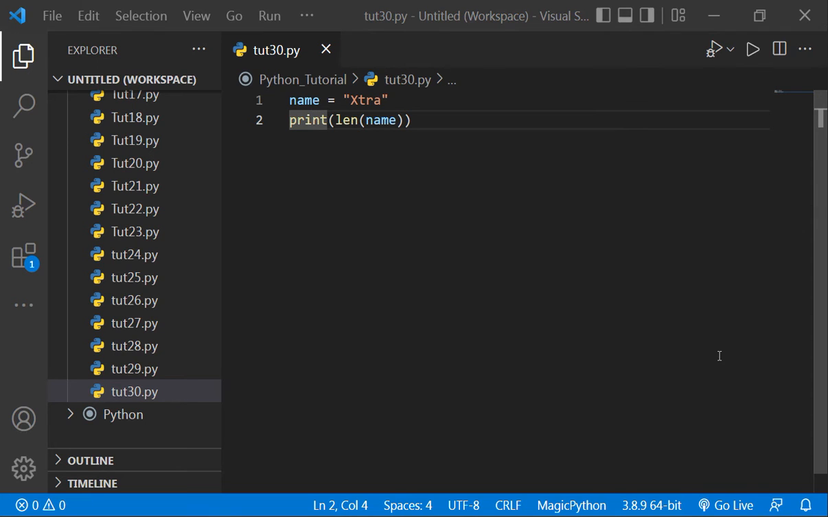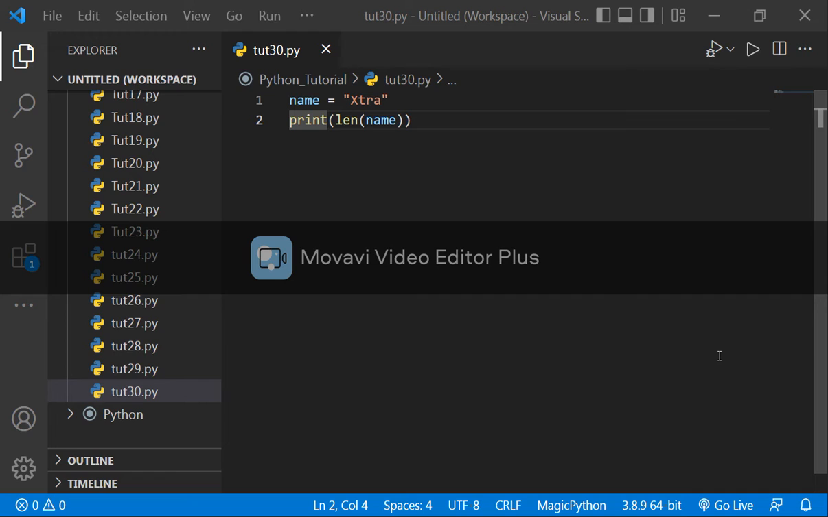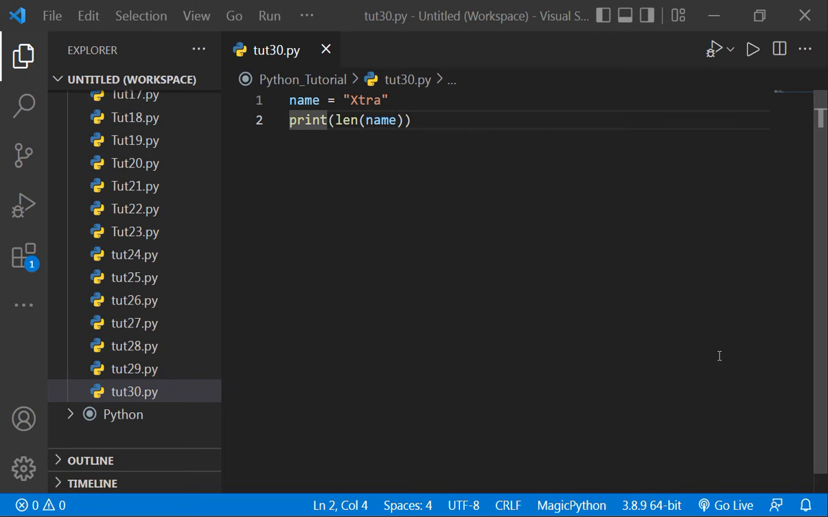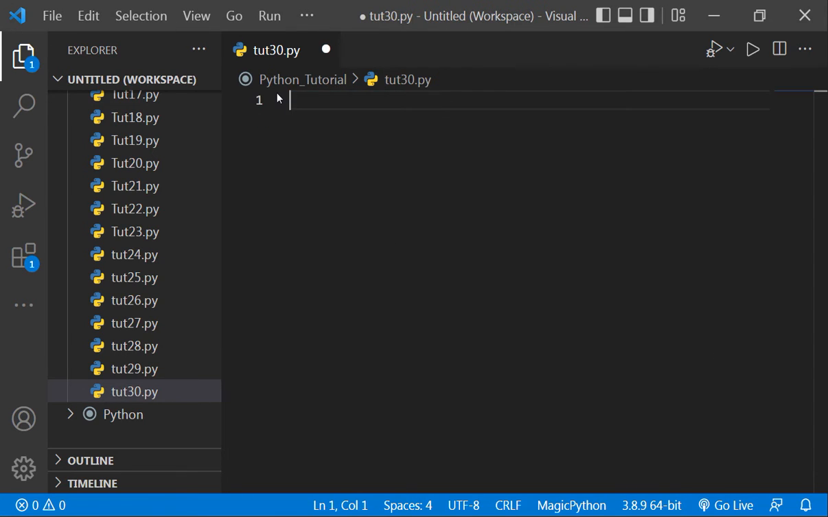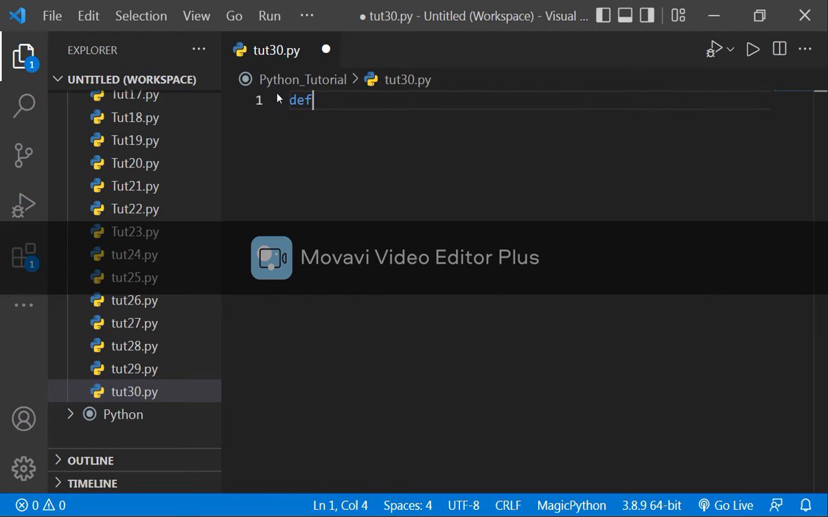But what if you want to perform a function on a particular data type, but you do not have a built-in function for that? So what can you do? You can make your own function. Let me show you how you can make it. What you have to do is use the def keyword. The def keyword stands for define. Okay,